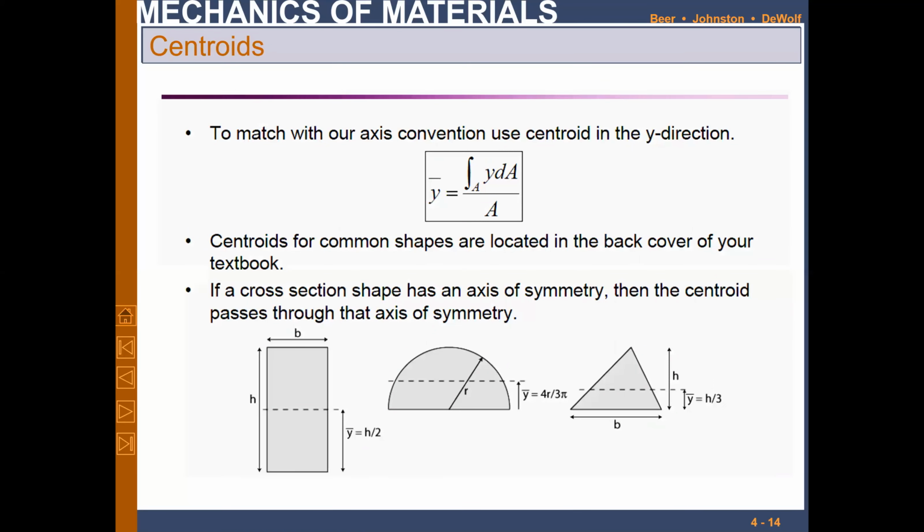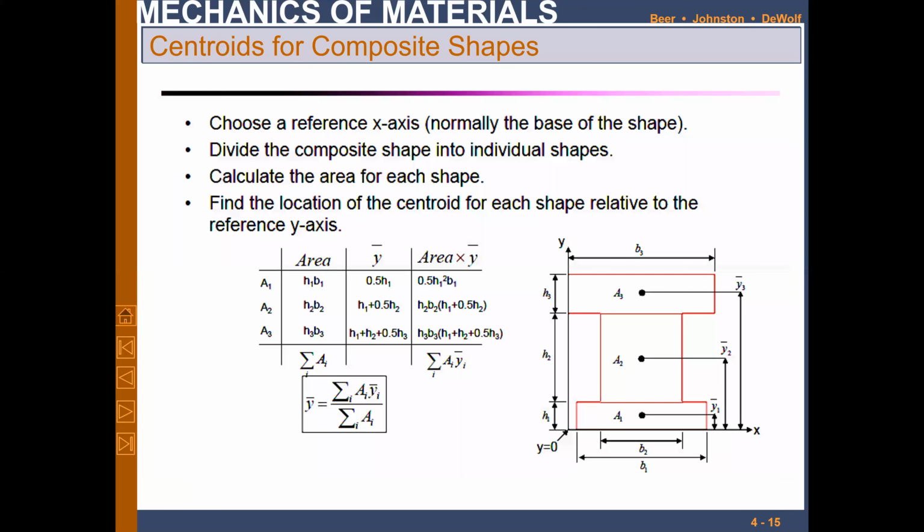Centroid is the geometric center of the shape. How it is calculated: we divide the whole shape into different areas, like in this particular case A1, A2 and A3. These are areas. We calculate the areas of that shape. We calculate the centroid of that particular shape, which, because these are all rectangles, would be at the center of each rectangle, and then we define an axis, and we subsequently go to each shape accordingly to calculate the y, and then we multiply the centroid with the area,